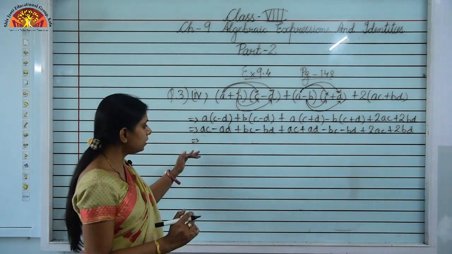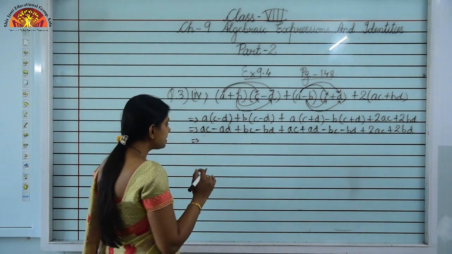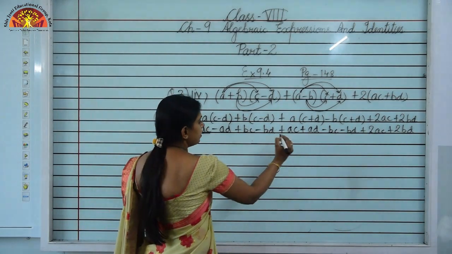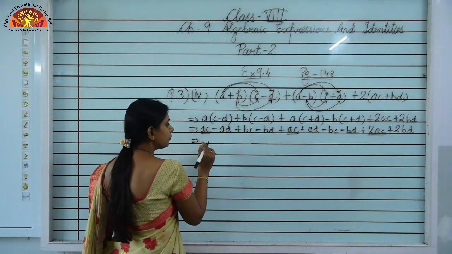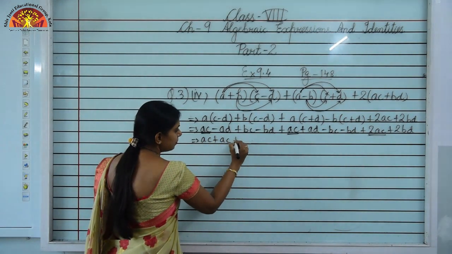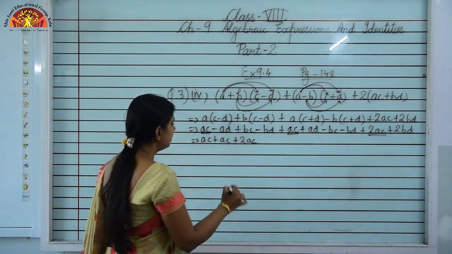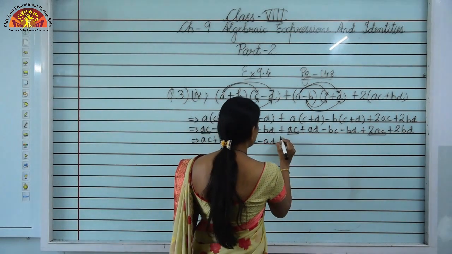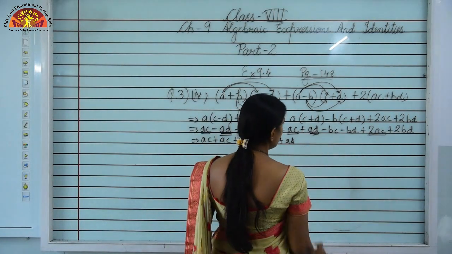So first of all, we'll just collect the terms one by one, that is, we will just collect the like terms, that is the terms with the same variables and the same degree. So here it is AC, here also it is AC and here also it is AC. So we'll just write the variables with AC, AC plus AC plus 2AC. Okay. Now you will collect the terms with AD. So it is minus AD, it is plus AD. Okay. Any more AD is there? No.